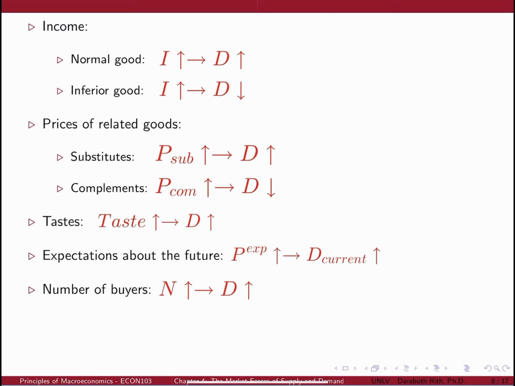Here we are going to discuss factors that shift the entire demand curve. So these are the determinants that can have an impact on the whole demand function, not just quantity demanded. And please be reminded that only price can have impact on the quantity demanded or points on the demand curve. But the factors that we're going to discuss now are the ones that can have impact on the whole demand curve.